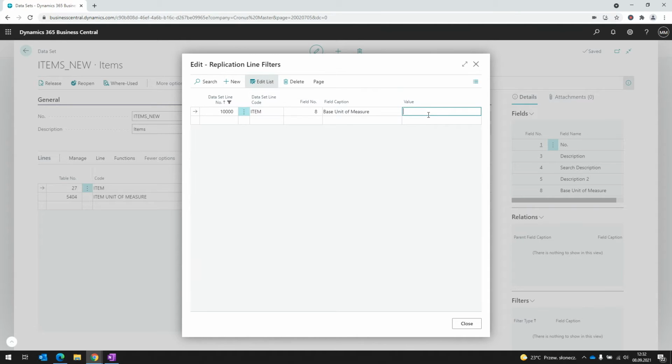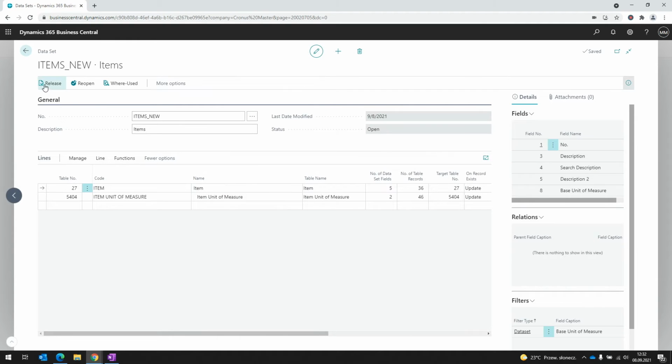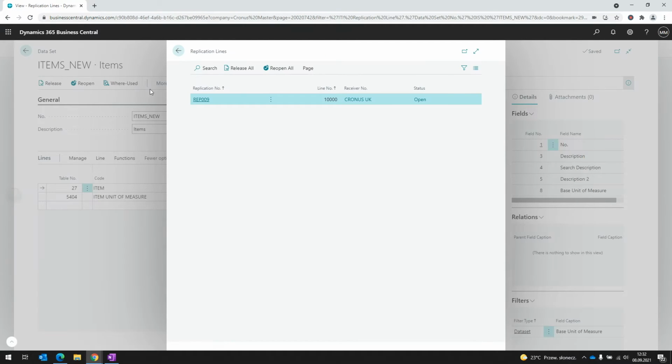Then the value is a free text field limited to 250 characters. For instance, I would like to replicate all items where the base unit of measure is different than pieces. Of course, you can adjust filters for many fields here. What is important is that these filters on the datasets are per dataset. So in all replications where the dataset is used, this filter will be adjusted. So when I close, release this dataset and release all